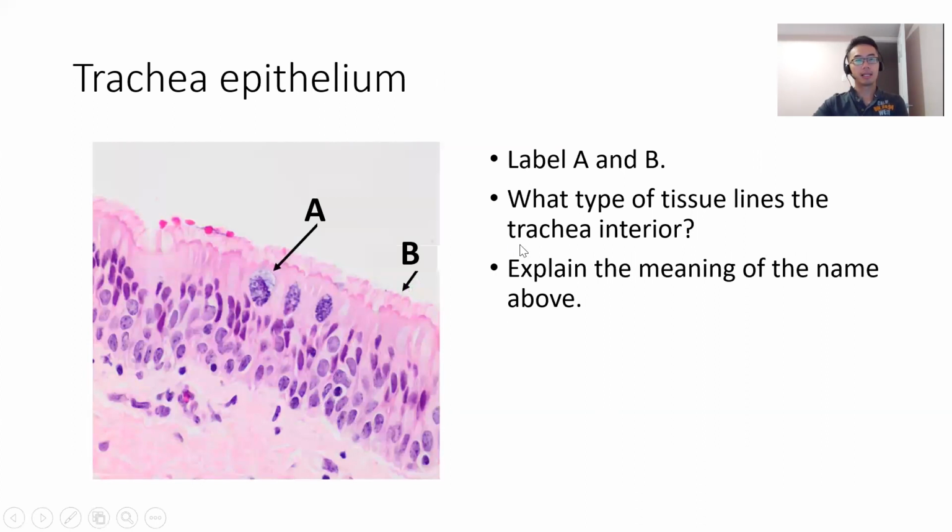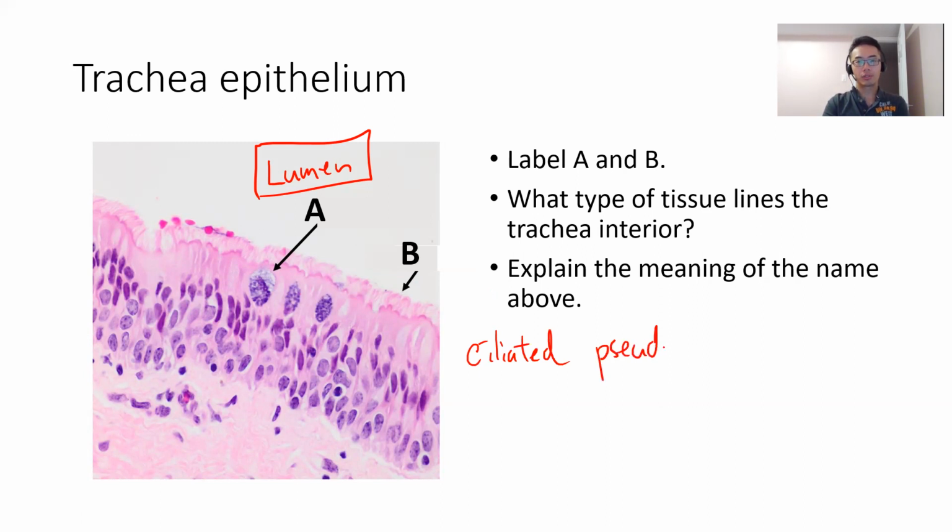Okay, this is if you cut the trachea longitudinally, and then you stain it, then this is what it looks like. This would be the lumen, and that's where the air passes through. And then we talked about in class that the tissue is the ciliated pseudostratified